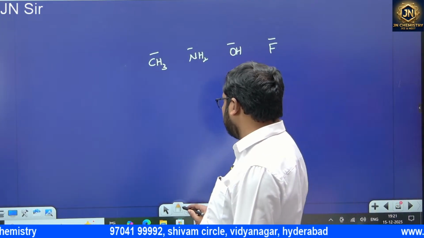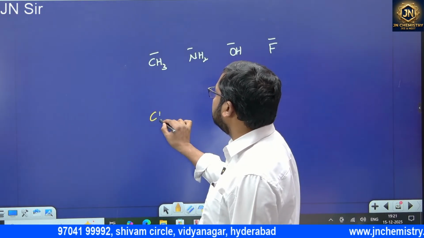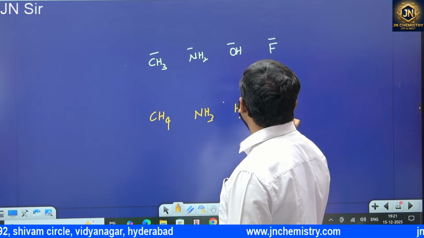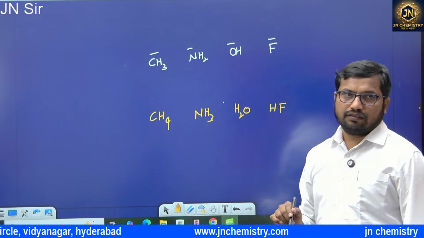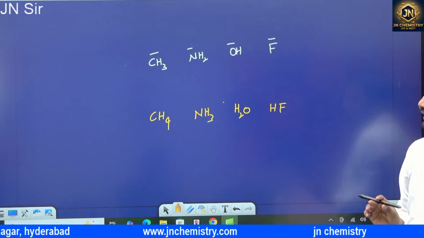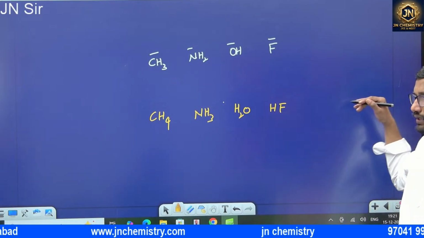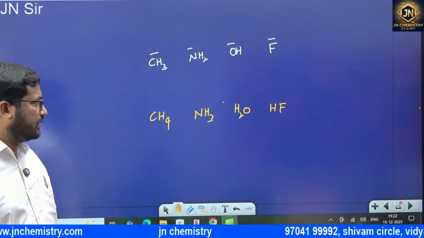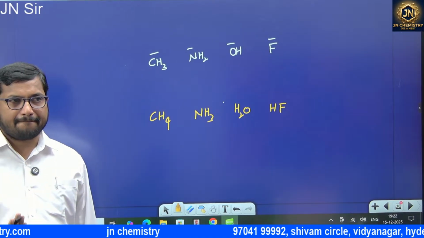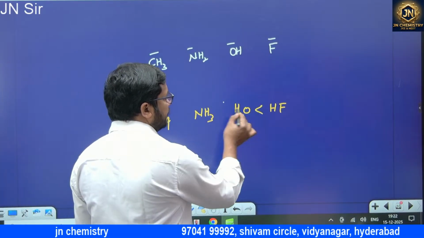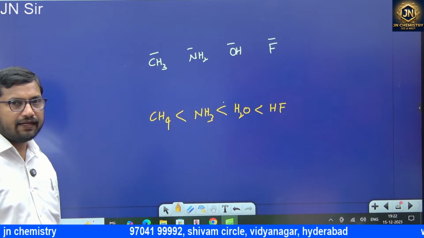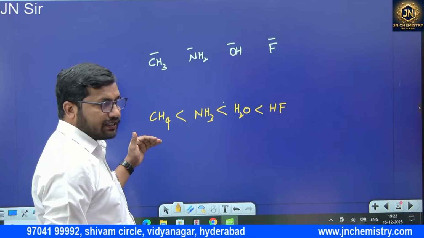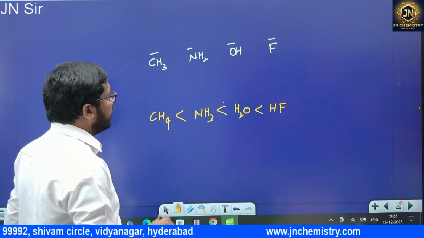Now what we can do? Add H to each: CH4, NH3, water, HF, right? This is strong acid in this case. Size is almost all similar, right? Same period, more electronegative, right? HF is strong acid. If the acid is strong, its conjugate base is weak. If it is weak acid, its conjugate base is strong, right? The order is